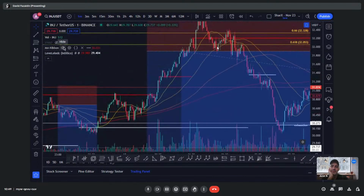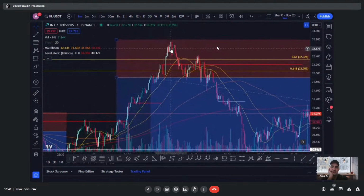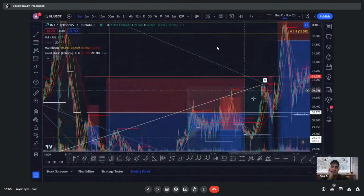That's the problem. No. So if I had this ribbon on, like you showed earlier, this is the 20 moving average, I think. It just sailed up it on the 1 minute. That's really bullish. That's too powerful. You shouldn't be trying to go against that. So yeah, I didn't have a plan for it. I think I just got too